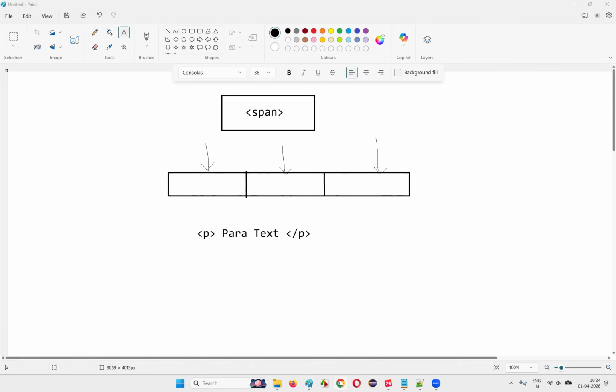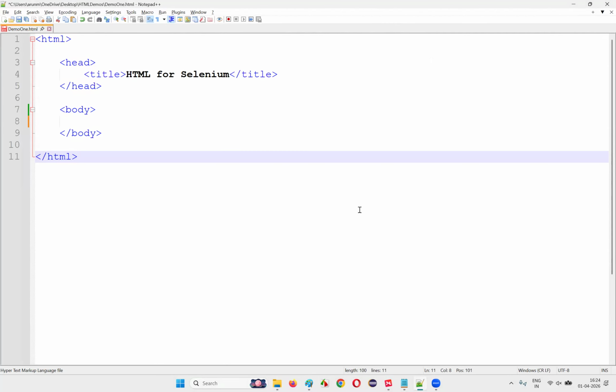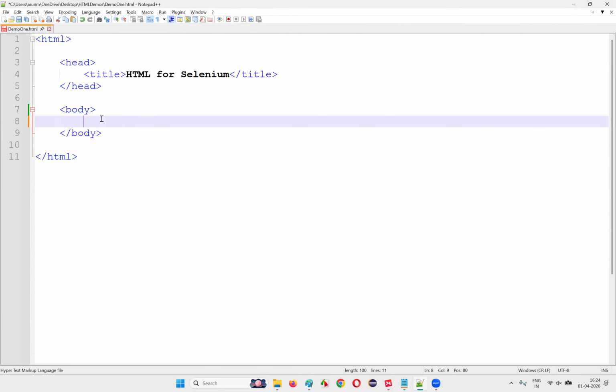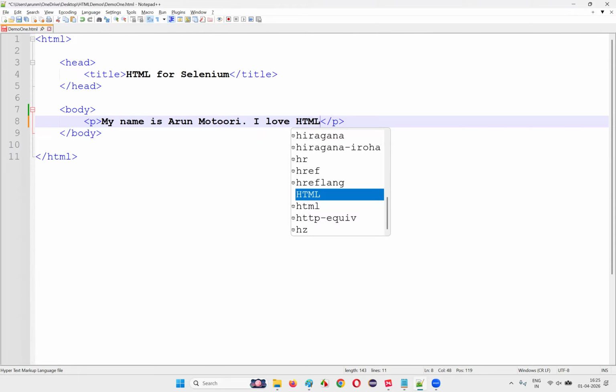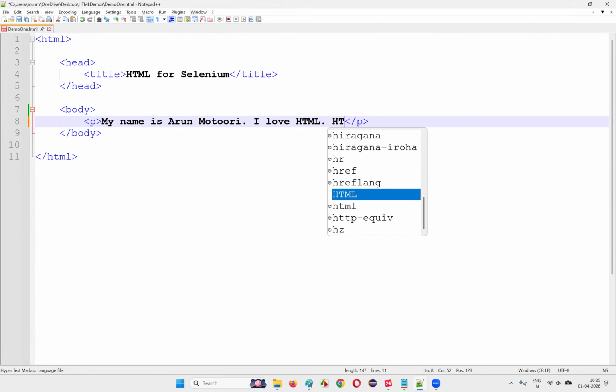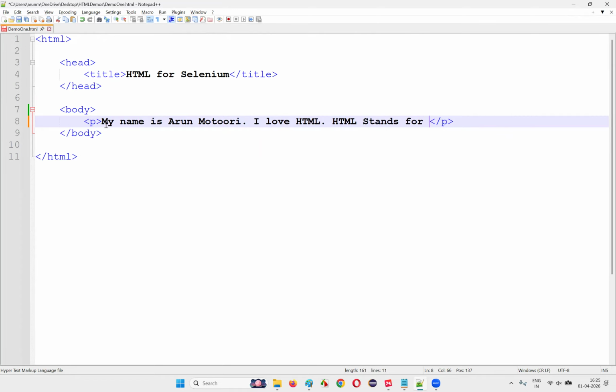For that, I will open the browser, or I will not open the browser. Let's say I'll go to the editor. Okay, I'll go to the editor, guys. Here, I'm going to create a paragraph. Here, I'm going to write some paragraph text. Let's say my name is Arun Motori. I love HTML. Some sample text I'm writing. HTML stands for hyper